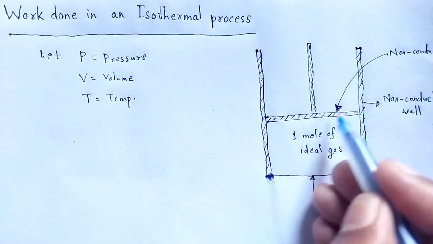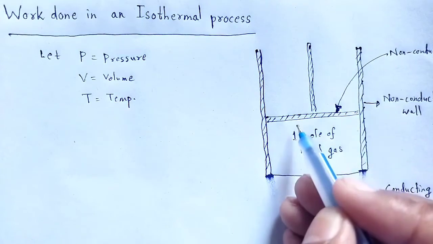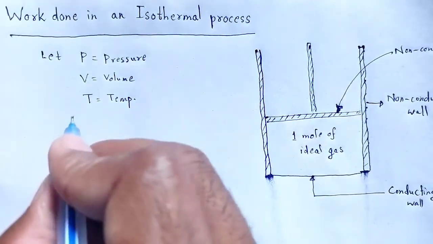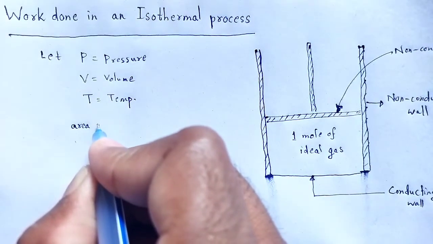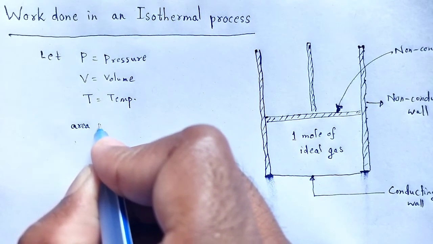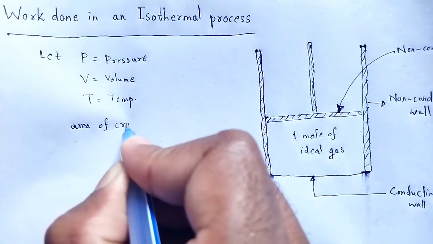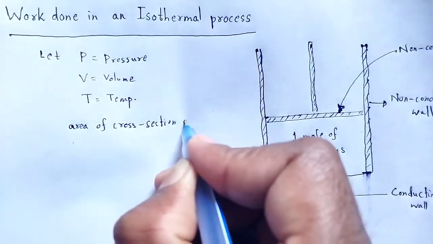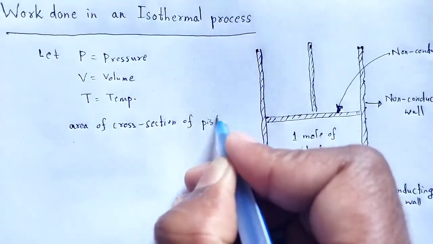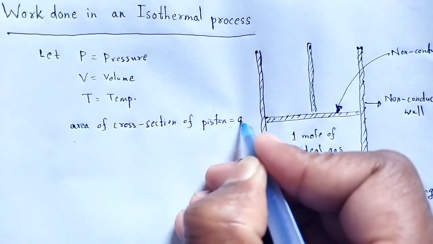Let the area of cross section of the piston be equal to A,